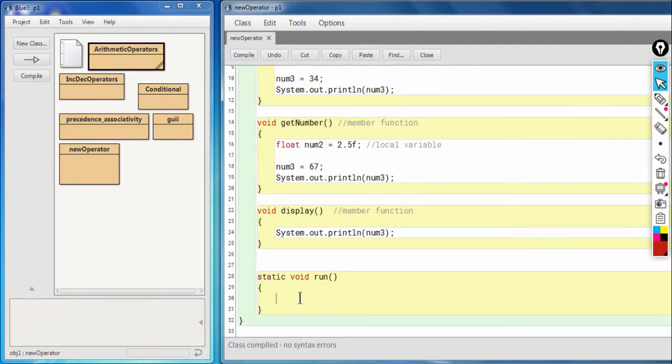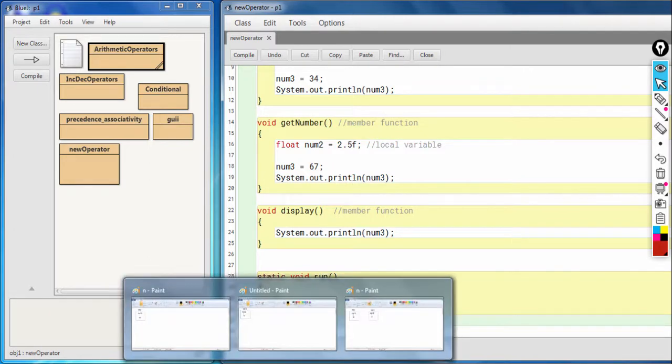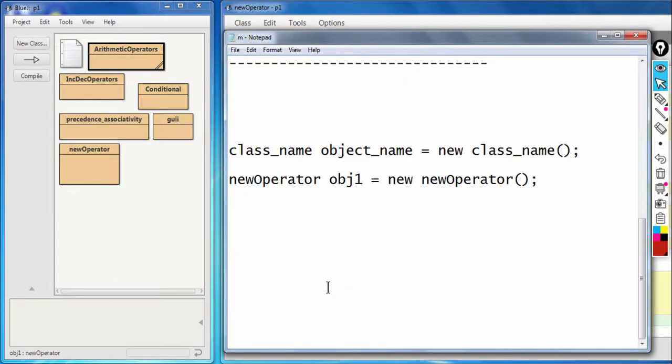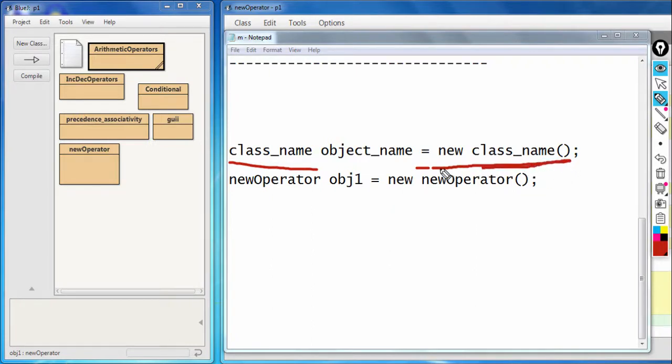Before we create the object, let's see the syntax for using new operator. So focus on this line. This line is creating the object, or rather it is the syntax for creating an object.